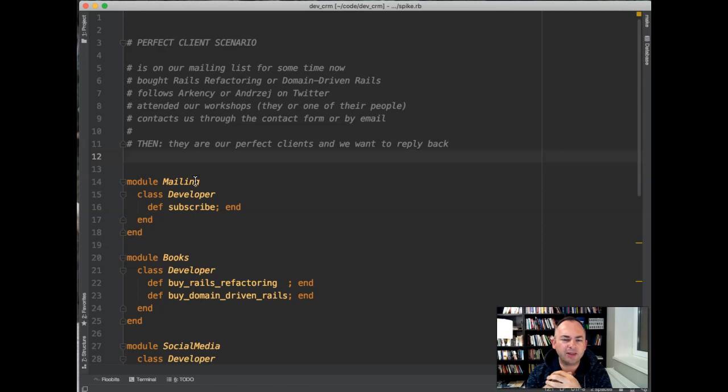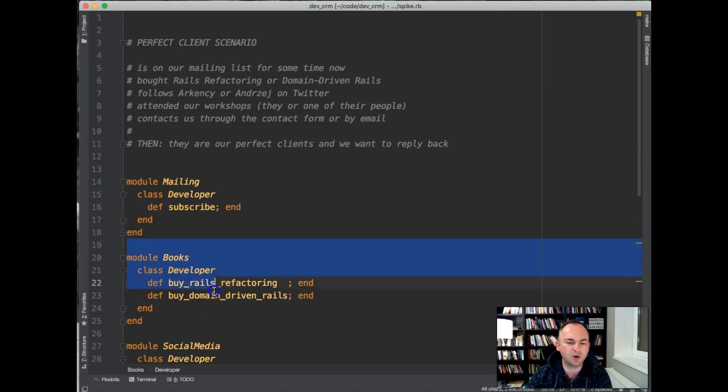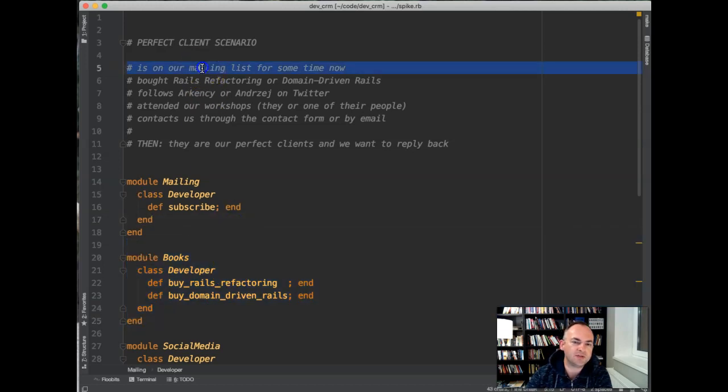There would be other ways of starting, maybe with events, some kind of event storming, but I feel like events and objects and methods are kind of equivalent. So developer subscribed is basically a result of object developer and method subscribe, right? So Rails refactoring bought is a result of this class. So it's equivalent. I don't really see that huge difference, and I already have some code which can shape my design.